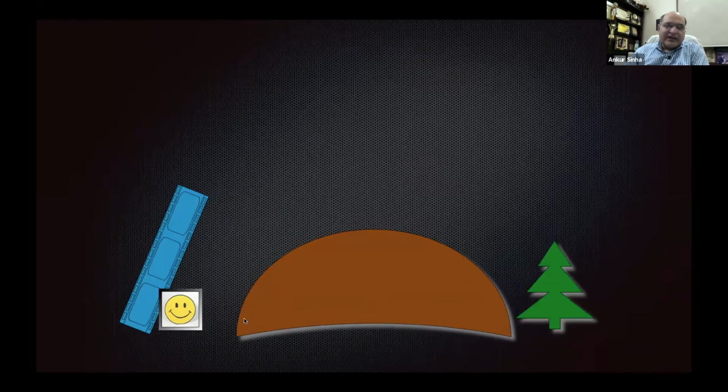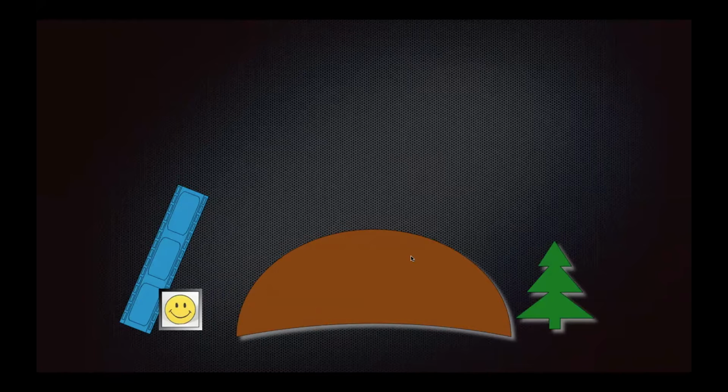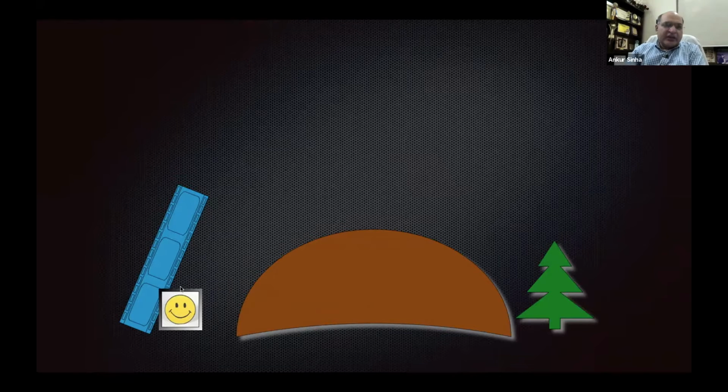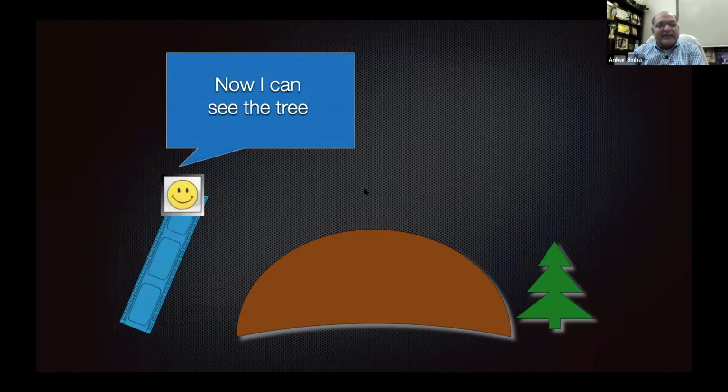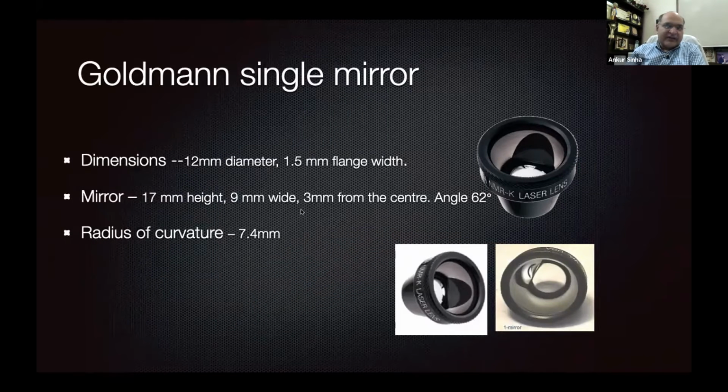But what happens in Indian eyes is we have a lot of convex iris configuration. So it becomes difficult to see the angles in these patients. So either we have to move forwards, climb up the hill, or go higher up. Then only we can see the angles. So there are a lot of gonioscopes to avoid these kinds of problems in various kinds of iris.